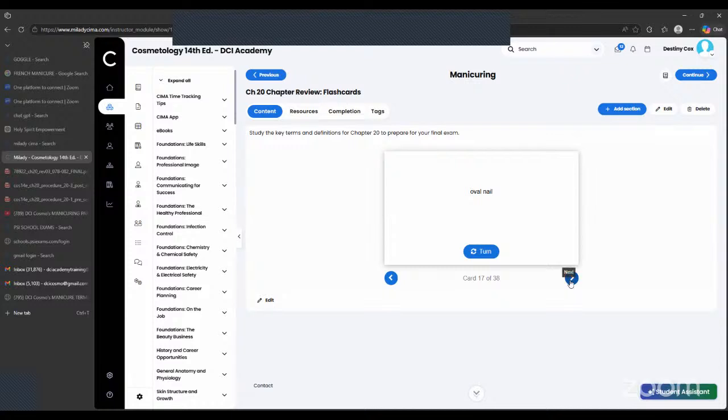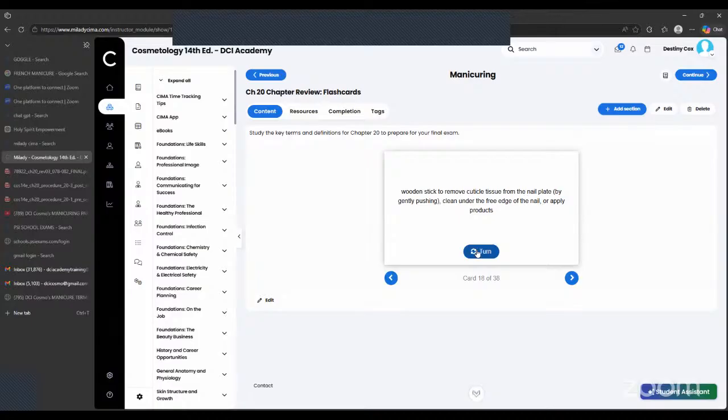Very conservative. A wooden pusher, all right? Now here's the thing about the wood sticks. The wood sticks are literally single-use items. When you wrap them in cotton, you're able to reuse them because the wood stick did not touch the nails, okay? Most of the time, many individuals will wrap them in cotton and use the cotton to clean out from under the nails to preserve the stick. But if you don't have the cotton, you're using the stick to go under the nails, you have to throw